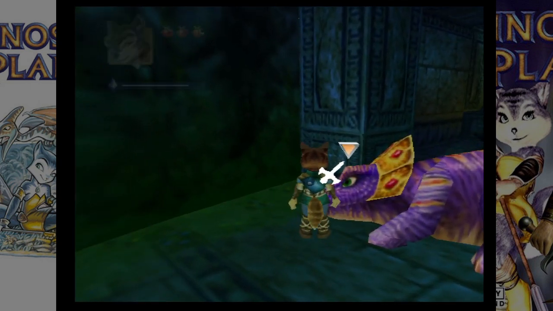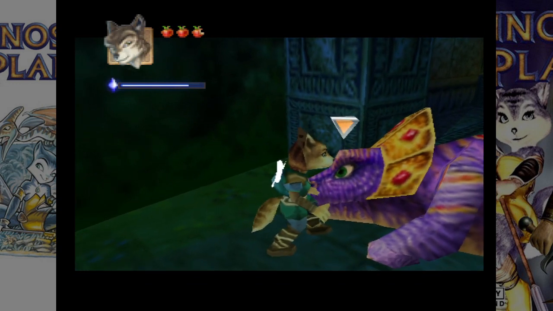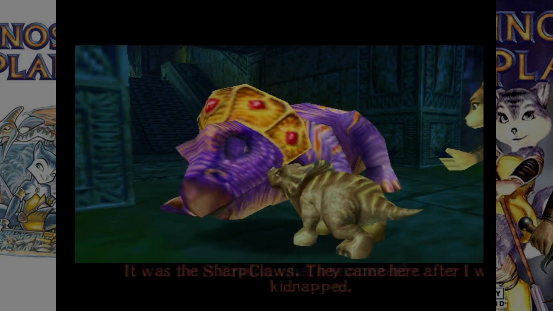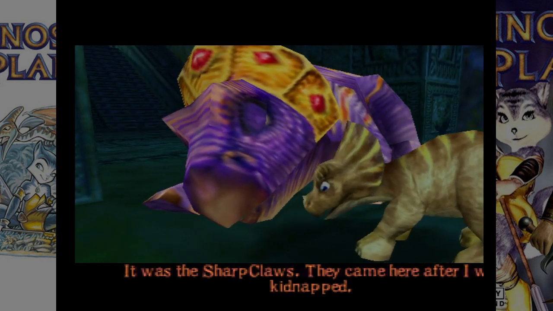So, Queen Earthwalker, Tricky's mother. Pay attention in this scene. If you remember magazine previews for this game, there's one particular screenshot